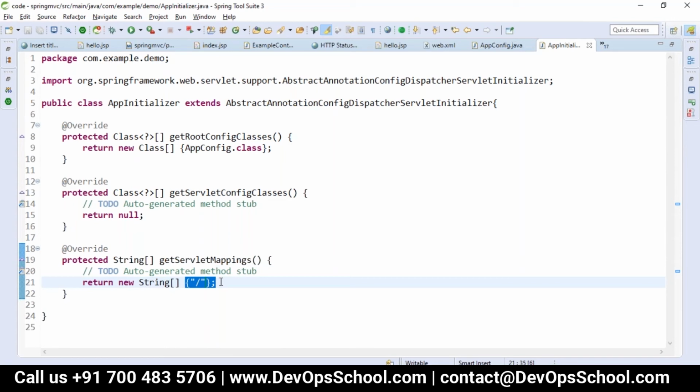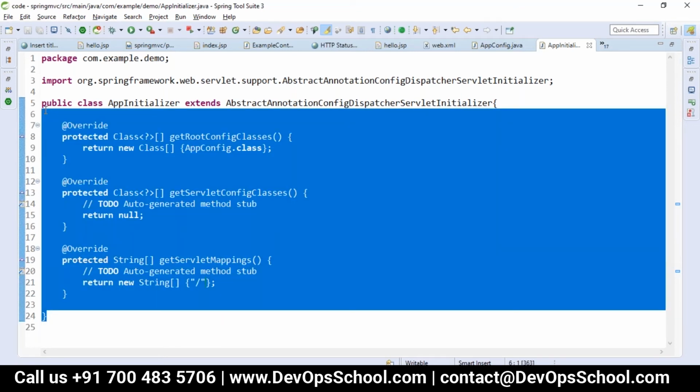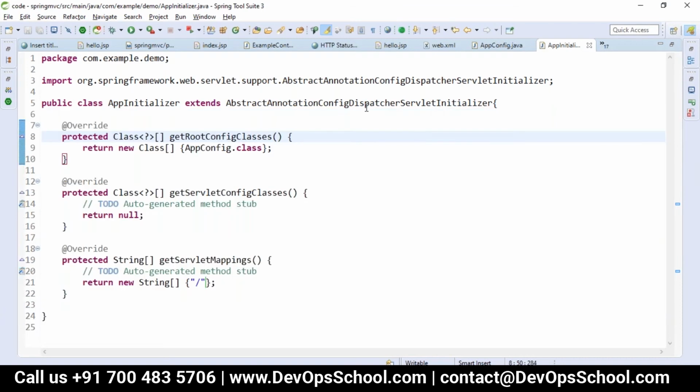Sorry, in Spring Boot, what is the default servlet mapping for the dispatcher servlet? It will take slash only. You will not configure anything of this in Spring Boot. Okay, in Spring Boot we cannot configure the dispatcher servlet mappings, is it? Yes, we can, but we don't need to because everything will be auto configured by default. That is the advantage of Spring Boot. We don't write this much configuration for that. By default, it will be taking slash.